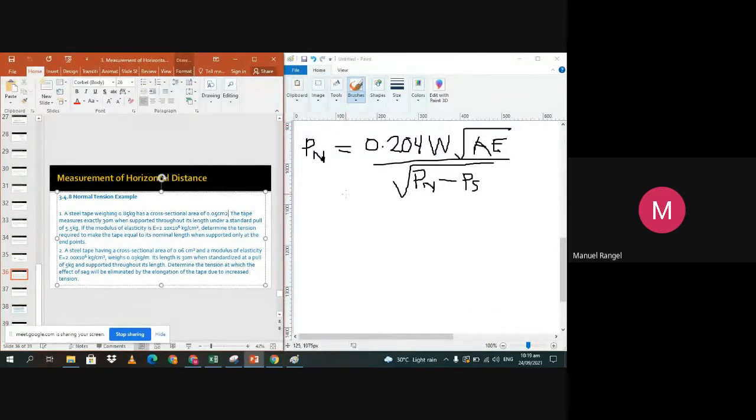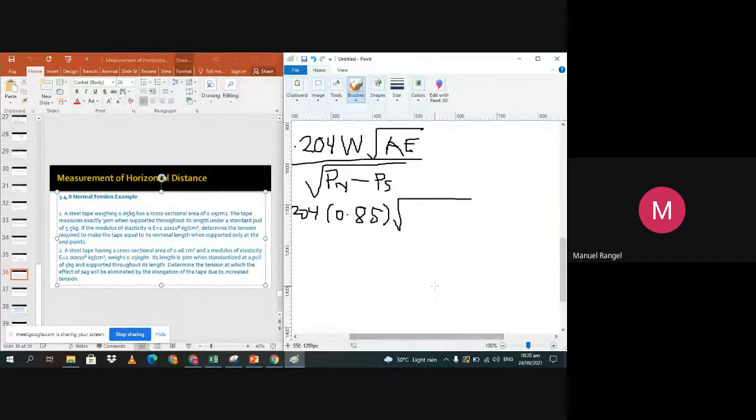So from this formula, i-substitute nato tong mga given values: 0.204, the total weight is 0.85, times the square root of the cross-sectional area of 0.05, times